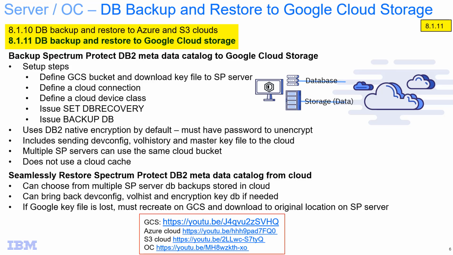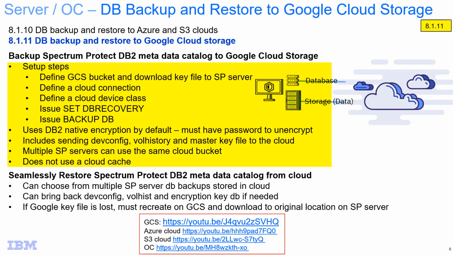So in version 8.1.10 of Spectrum Protect, we introduced the ability to back up and restore the Spectrum Protect metadata catalog to Azure and S3. And so in this version, we're extending it to also be able to back up to Google Cloud Storage. The process is basically the same for the Azure and S3 cloud as it is for Google Cloud Storage. You're going to go through the setup steps on the Google Cloud Storage, and